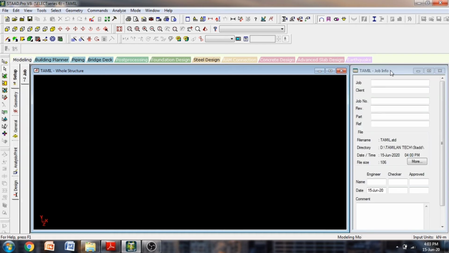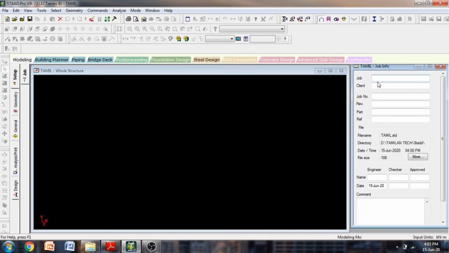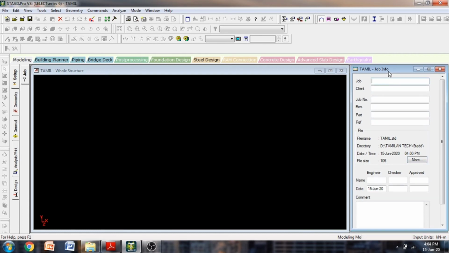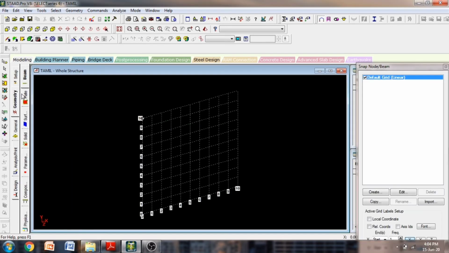So this is the first setup. This is the very first option in the leftmost column. So first one is setup. If you click on this setup, a box will appear, which asks for the name of the job, title of the job, name of the client, and job number. If you want to give these, you can proceed with it, and at the time of taking output, it will automatically add whatever you have given here. It will give a professional report. Then most of the time we don't need this report, so geometry.